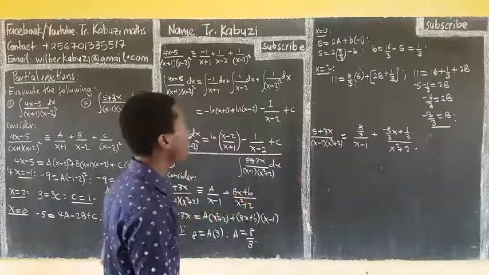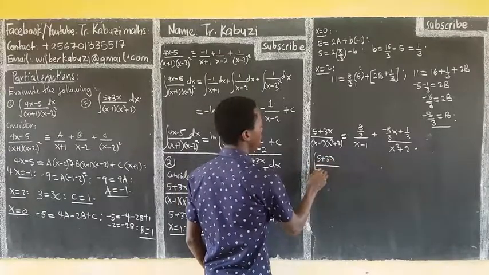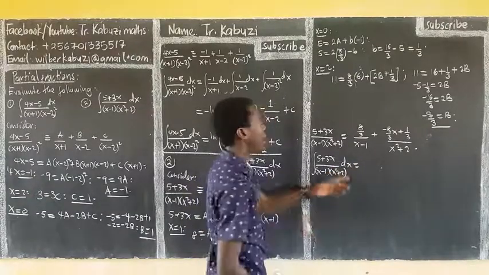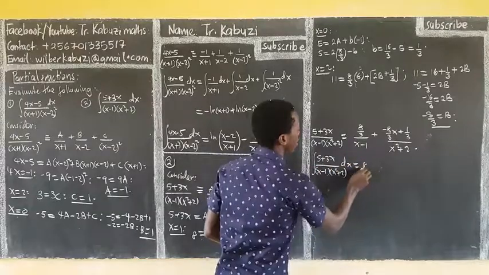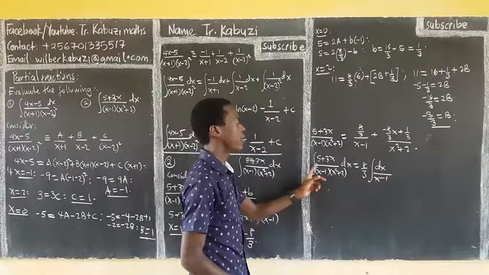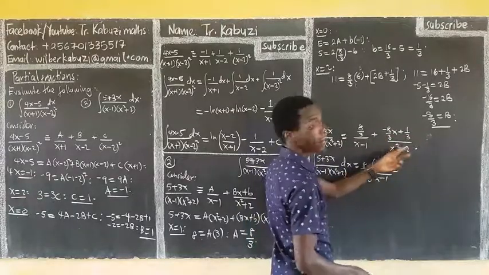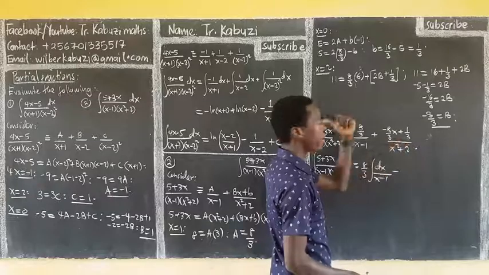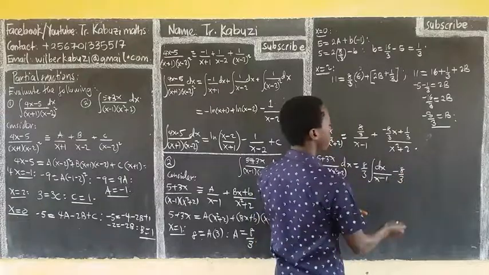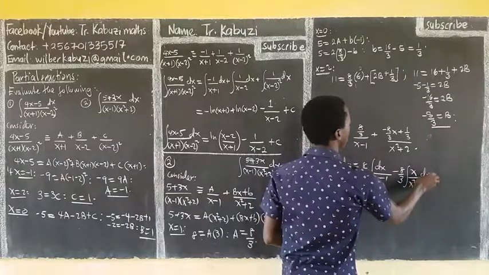Now from there, I can easily integrate. Since it's going to be a constant, I pull it out. So 8 over 3 integral dx over x minus 1. I'm going to introduce the integral sign and the dx. So you see that this one I can easily separate, as we have seen in our previous lessons. So this is going to be minus 8 over 3, a constant, remaining with x over x squared plus 2 dx, then plus